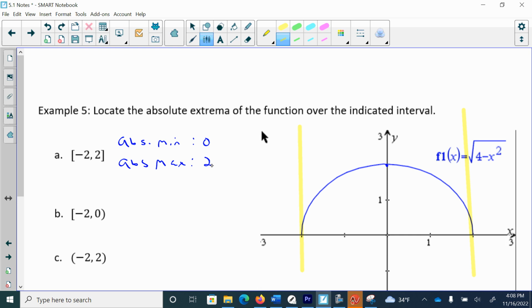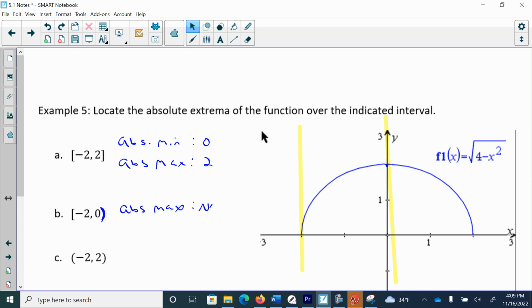So the next one, part B, says I want to do from negative 2 to 0. So I'm going from negative 2 to 0. So I'm taking this interval, and I'm just looking from here to here. So my absolute max, since it's not including the 0 because of this parenthesis instead of a bracket, I can't include that point right there. So I'm not going to have an absolute max,